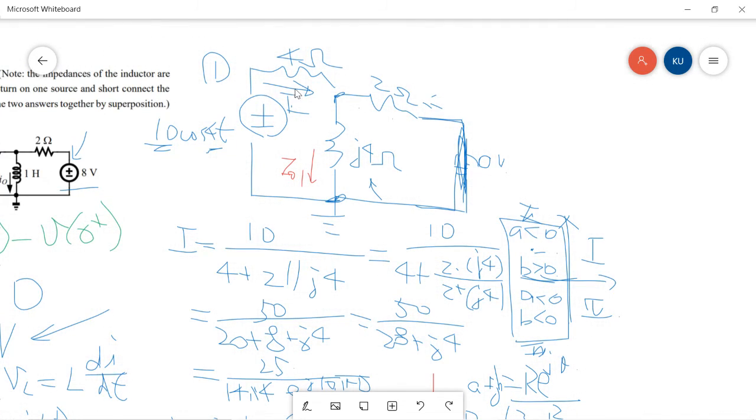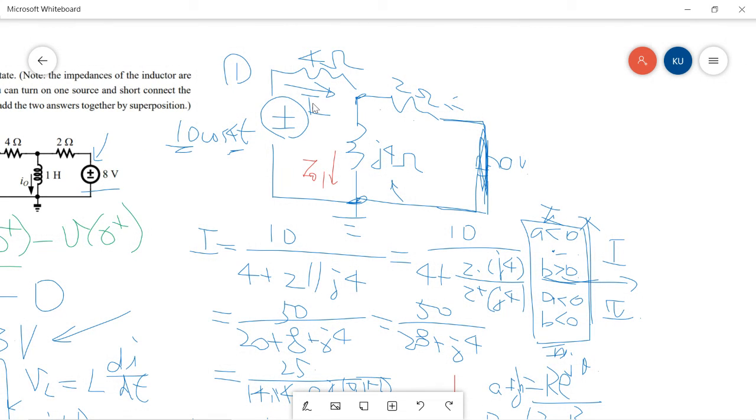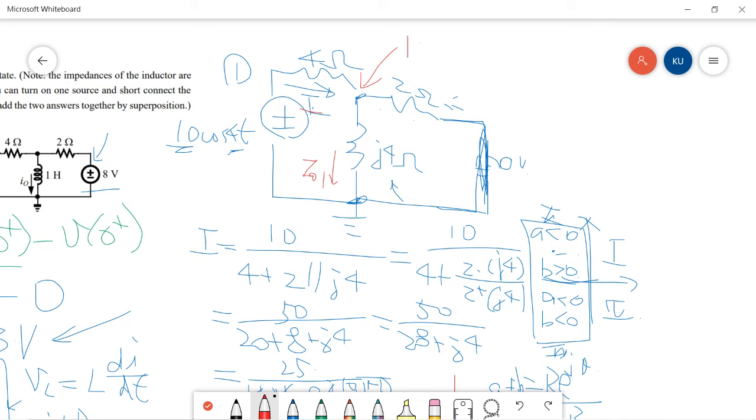I is here, so we already get I. So the voltage here will be 10 minus 4I, and thus IO1 will be nothing but 10 minus 4I over J4. So this is IO1 equal to this one,